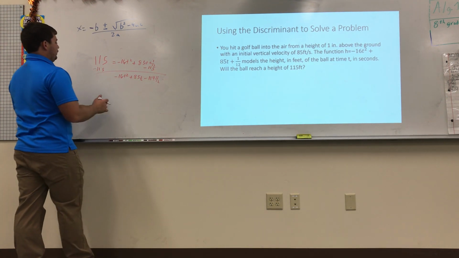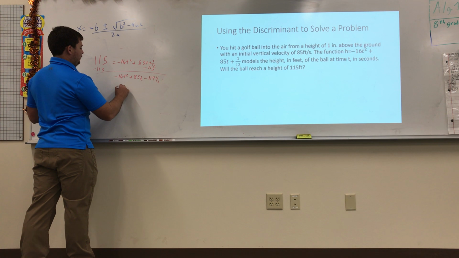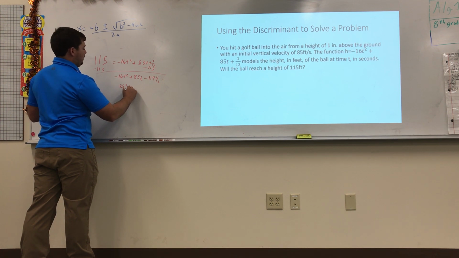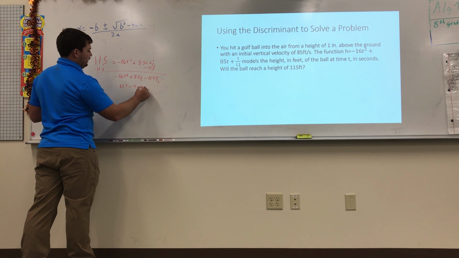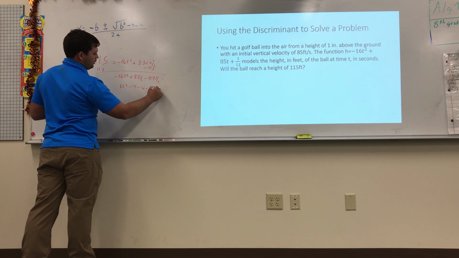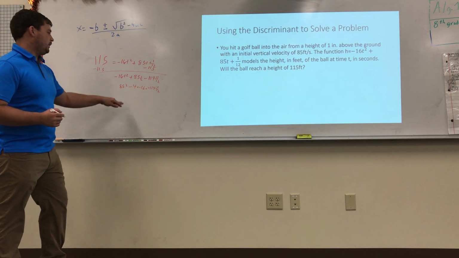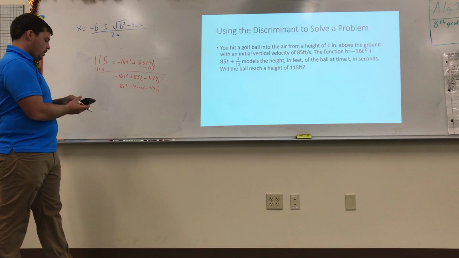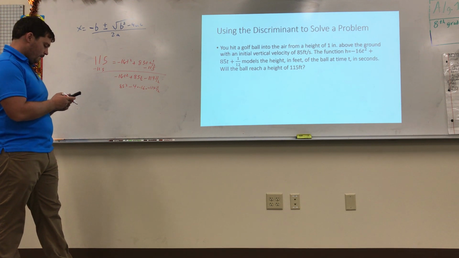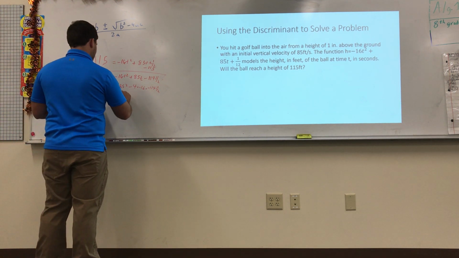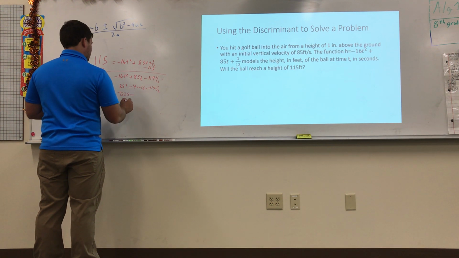Then you're going to put it into this formula, and you're going to get 85 squared minus 4, because we're going to be working with the discriminant again. 4 times negative 16 times negative 114 and 11 over 12. So we have to multiply that. We have to do 85 squared. We get 7,225 minus